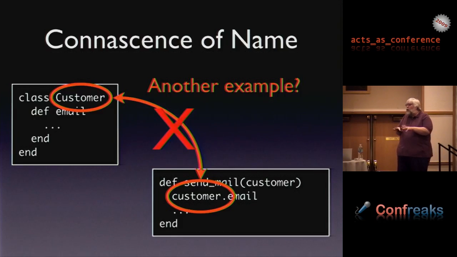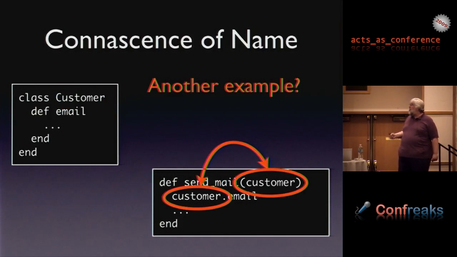Now, I might want to rename it. If I radically rename it to something semantically different, I might want to go through and change it, but that's kind of a soft relationship. It's not the hard relationship where the code breaks if it changes. So this is at least not a hard example of kinesis of name. However, there still is one other piece of kinesis in here, and that's here.